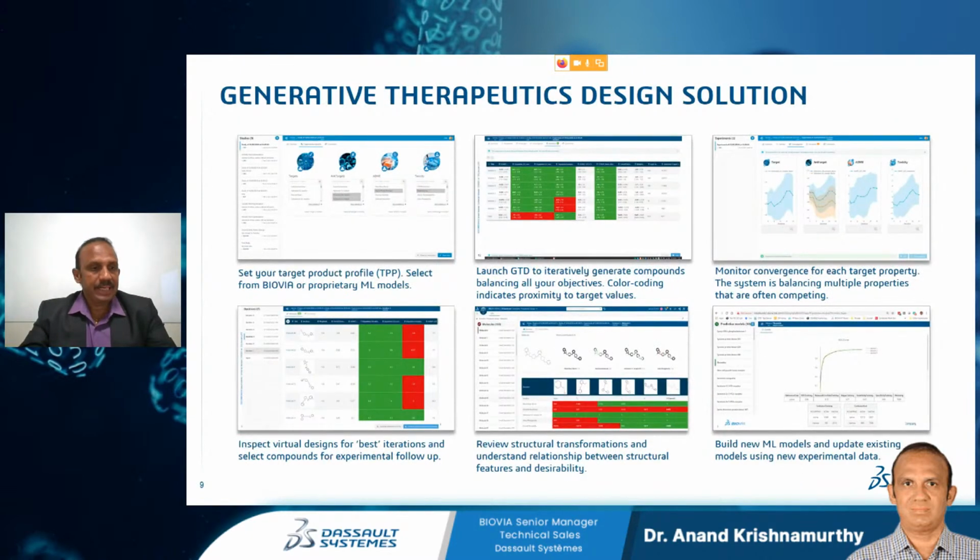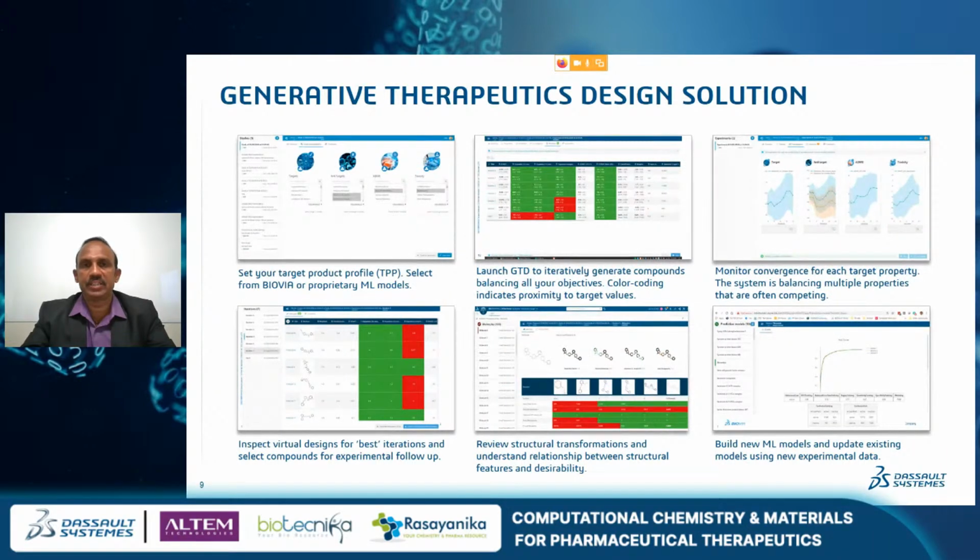So what does the generative therapeutics design solution offer from Biovia? So what you do, you basically select a target product profile, select from Biovia's machine learning models that you have. So I want a molecule that passes through the BBB, that passes through the CNS system, that has least toxicity of mutagenicity and least toxicity of carcinogenicity respectively.